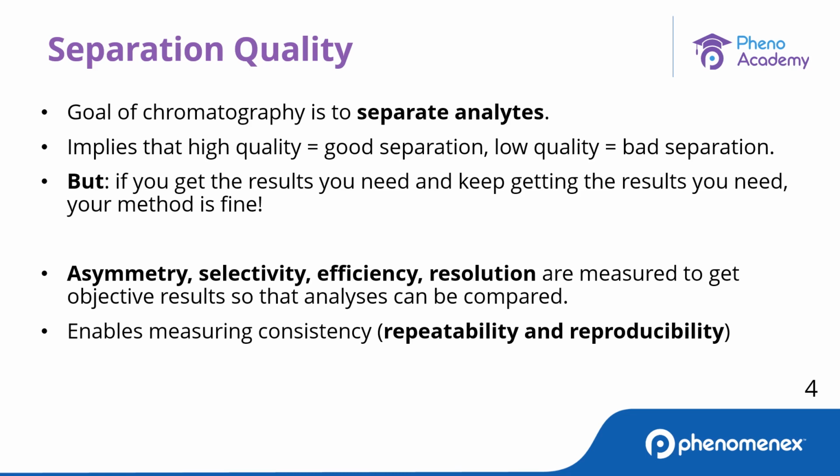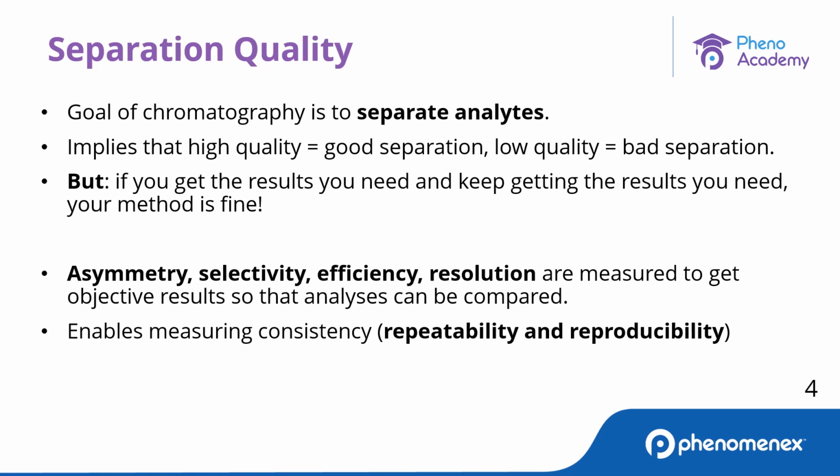So this also enables you to measure the consistency or the repeatability and reproducibility of your method, which is very important in validating the method and in system suitability testing, which happens a lot, for example, in the pharma